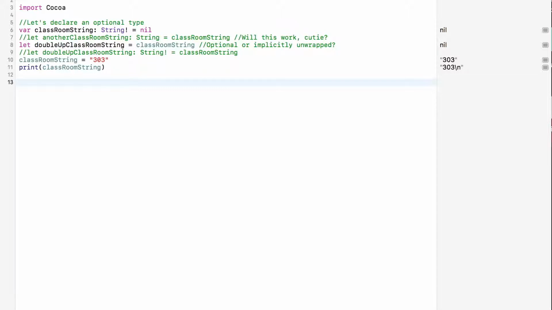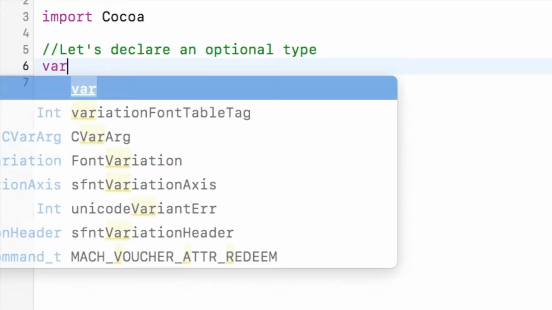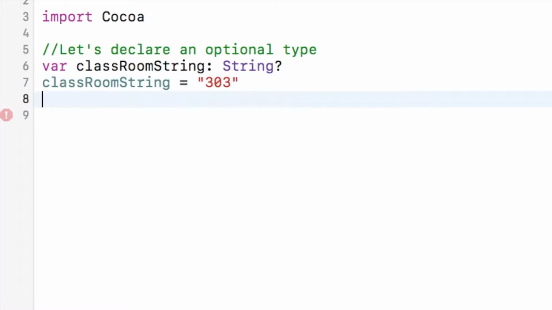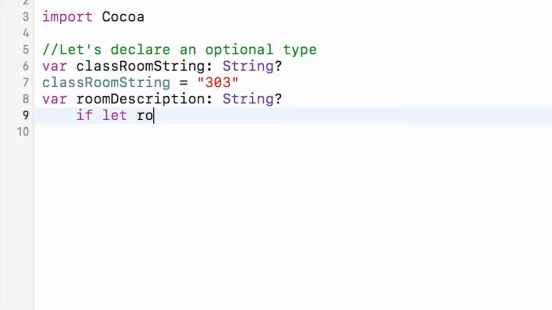So let's play pretend again. Imagine that our app has a very special classroom. I guess we're making an app for a school or something. If we encounter room number 303, we want to customize a room number code instead, as well as a description of the room to the user. If we did, I'm going to start from the top. If we declare a variable for the room description and have it be a string optional, and if we do an if-let for the room number,